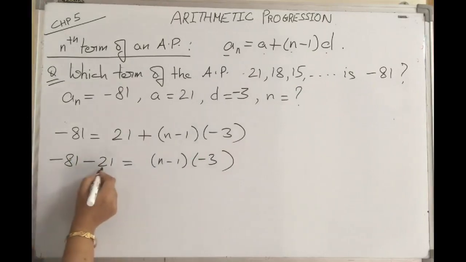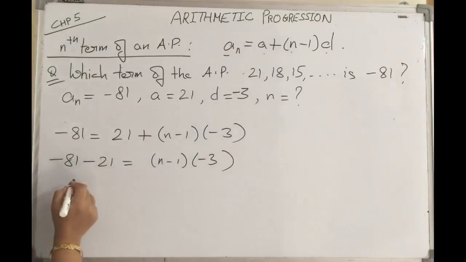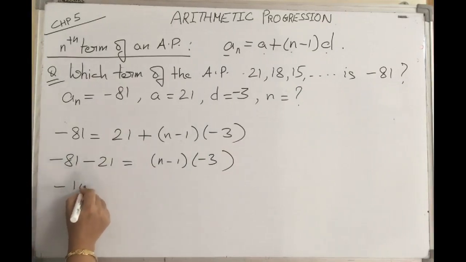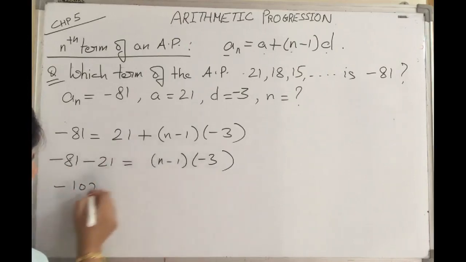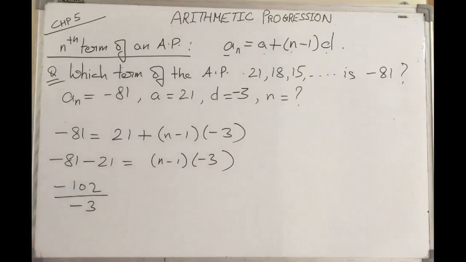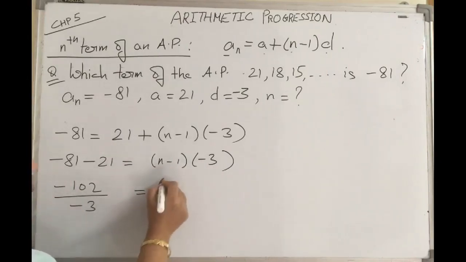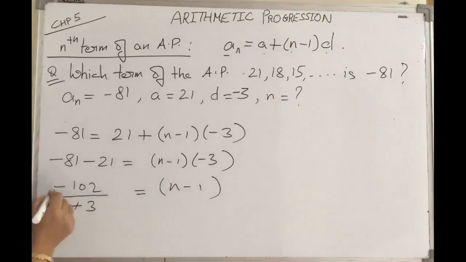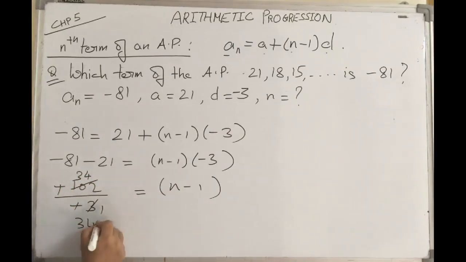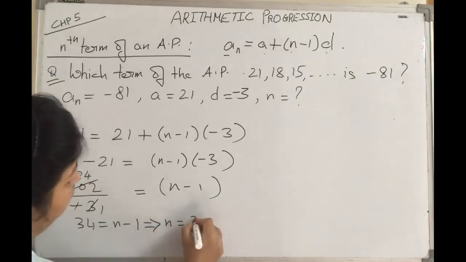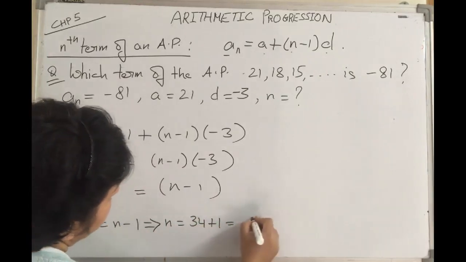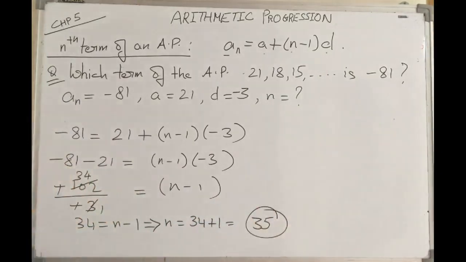Minus 81 and minus 21 will be added and it becomes minus 102. And minus 3, bring it to the denominator of 102, equal to n minus 1. Minus and minus gets cancelled. 3 1s are 3, 3 3s are 9, 3 4s are 12. So 34 is equal to n minus 1. This means the value of n will be 34 plus 1, that is 35. So the number of terms of this AP are